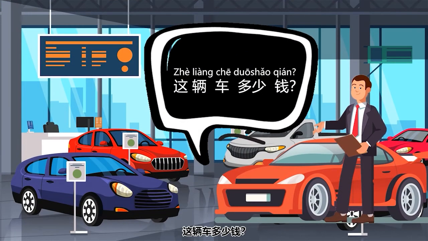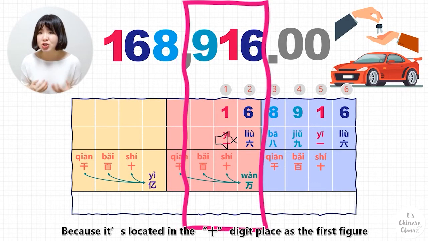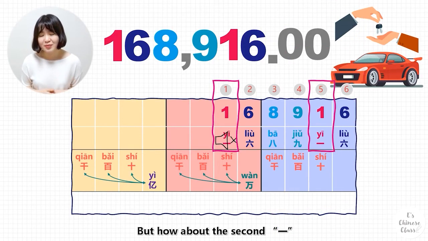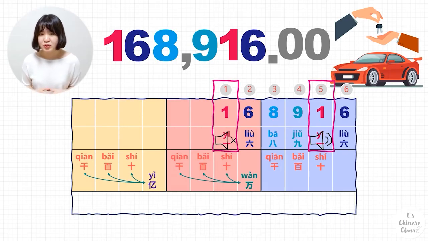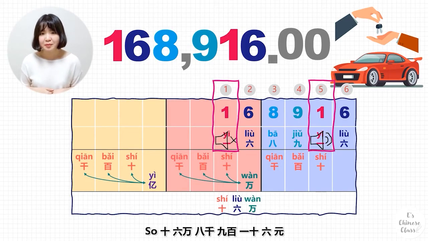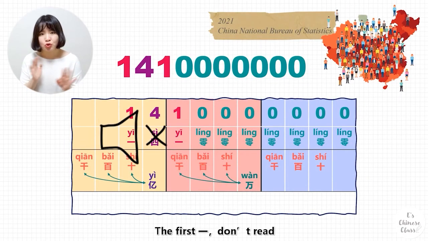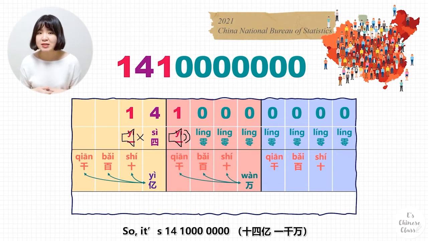这辆车多少钱? We shouldn't read the first 一 because it's located in the 10-digit place as the first figure. But how about the second 一? We must read it. Although it's in front of the 10, it's not the first figure, it's in the middle. So 168,916元. 中国有多少人? The first 一 don't read. The second 一 should read. So it's